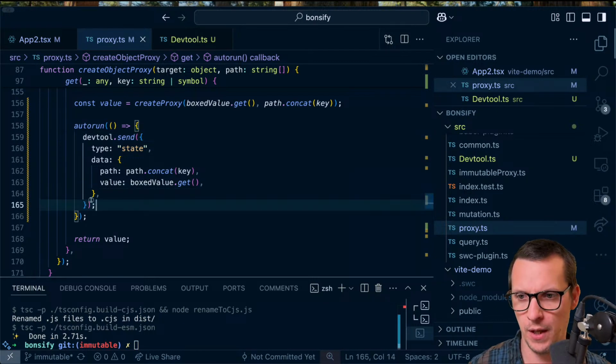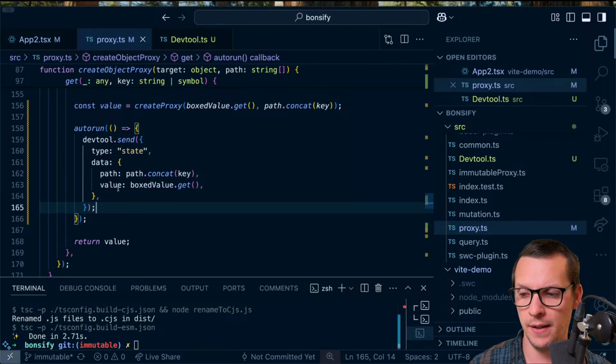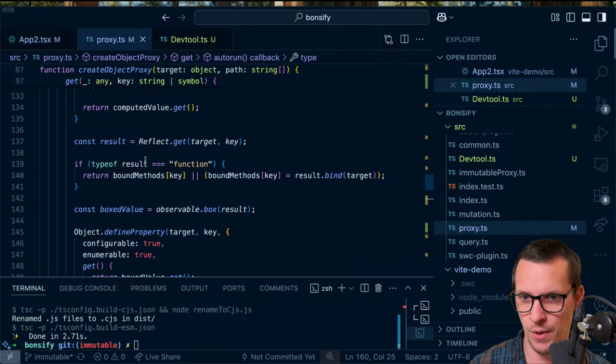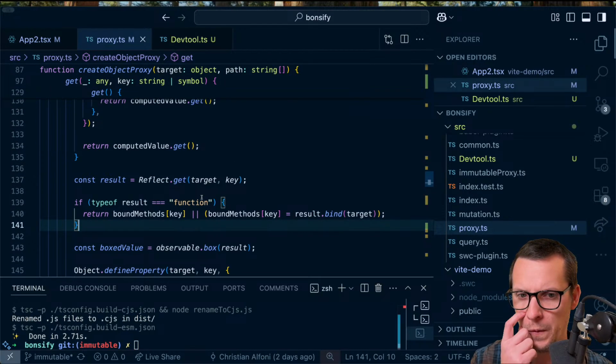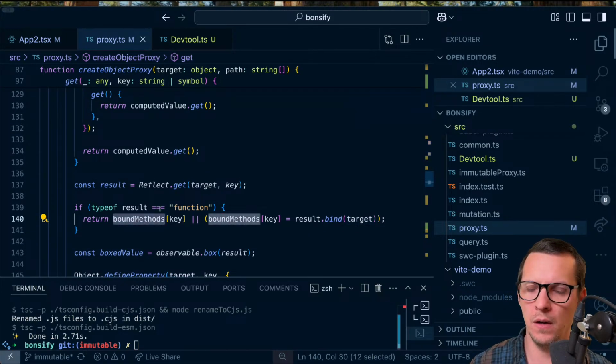Let's see how far we get with this. So now we want to actually create that action proxy. So that means when we go and do this, we're actually not gonna, oh,